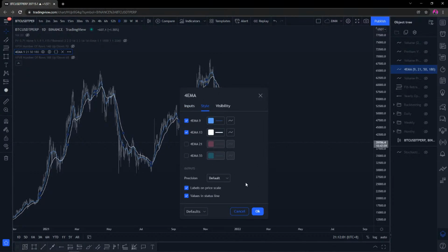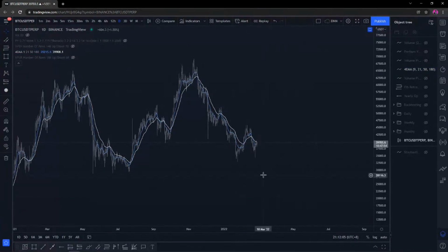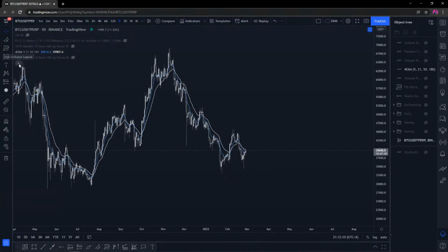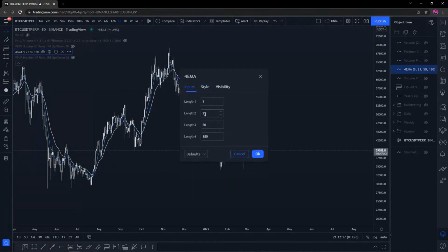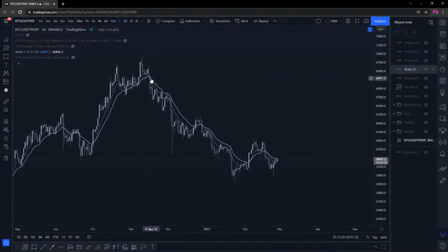So I've got a blue and whitish general vibe going on, so it's completely up to you guys how you'd like to arrange them. But now ICT teaches this premise where if you have the 9 and 21, I'm sure it's the 9 and 21 from him, or it might be the 9 and 18 actually. That's cool. Either way, they're loosely close. When you have a cross of the EMAs up here, then this sets you up for a downward trend. So if you're not too confident in longing in a downtrend, then you just focus on